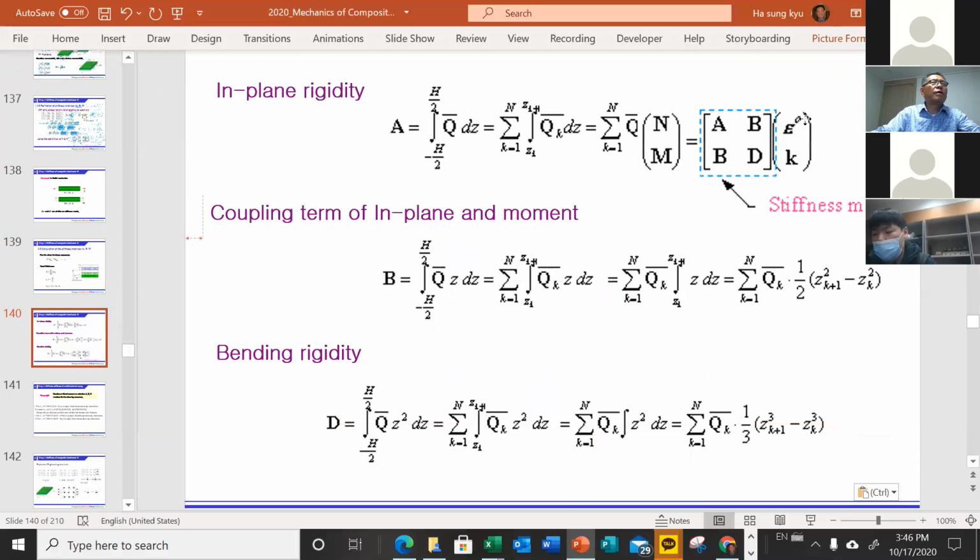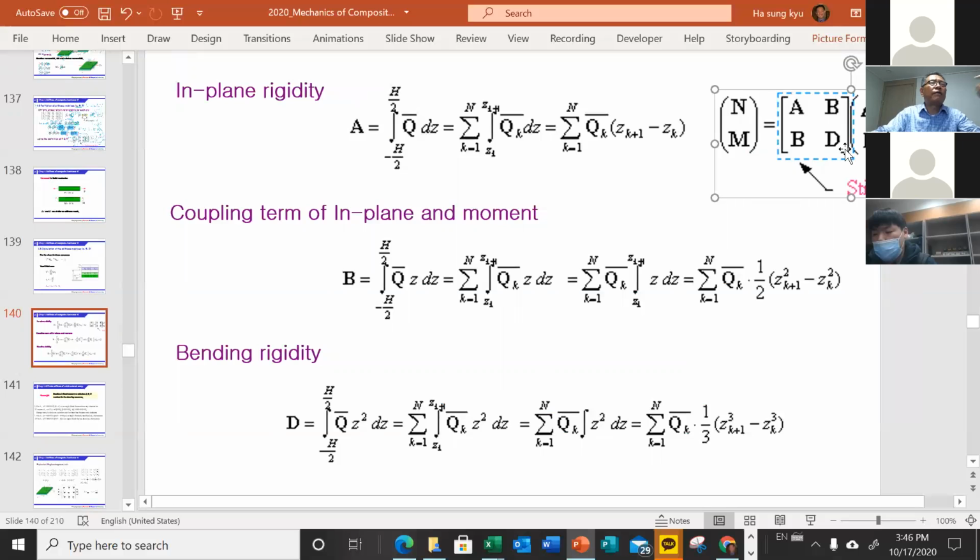Okay, this is the one we just obtained from strain distribution and the definition of a moment, the load. Now, how do we calculate it numerically? By definition, A is the integration of Q bar from bottom to top. And now to calculate this one, we have many